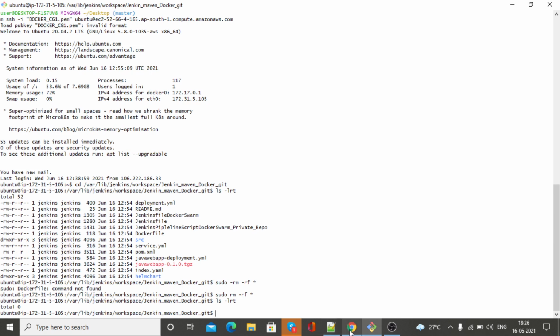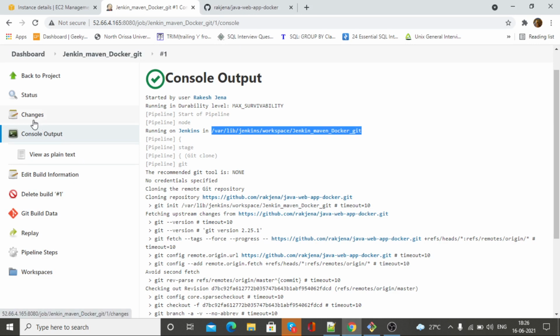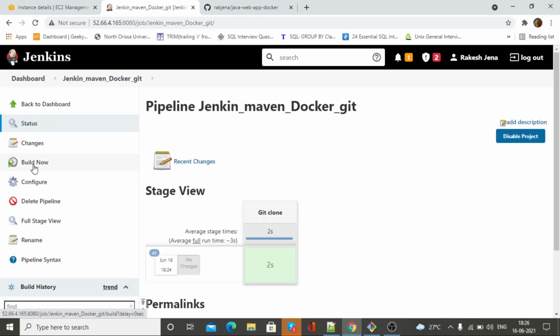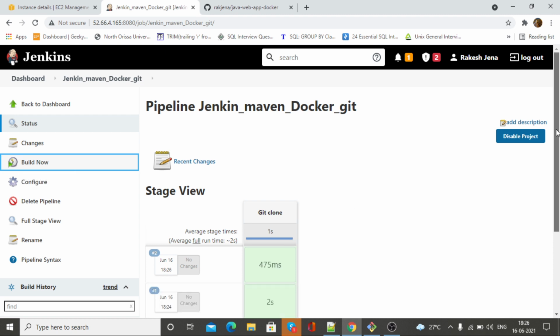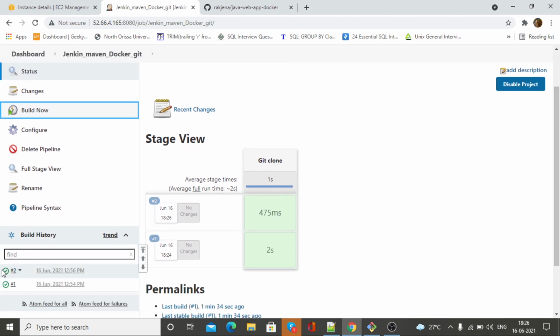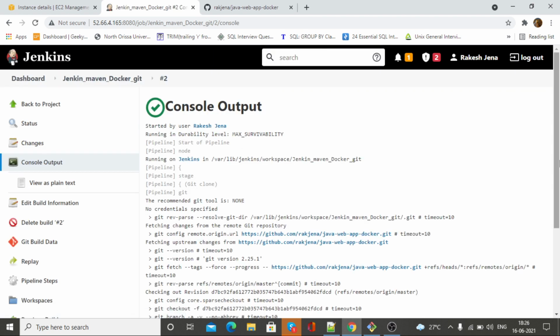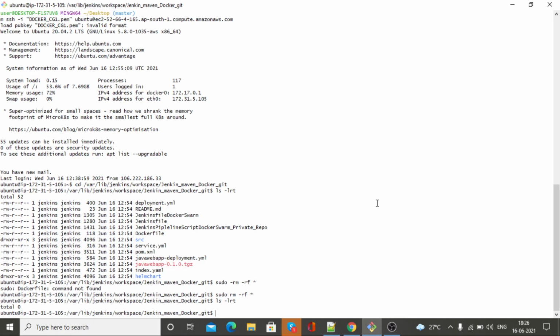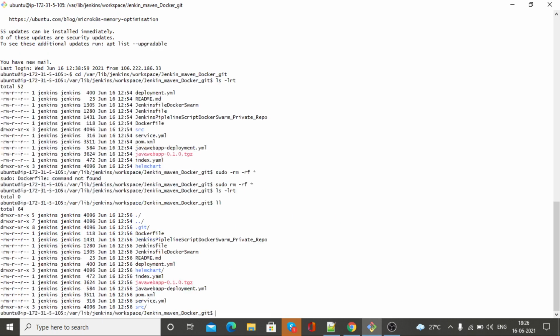Okay, let me build once again so that it will be clear. Build now. Okay, see it's built already, and you can see it's successfully completed. Now go to the same path. See, this has been copied.